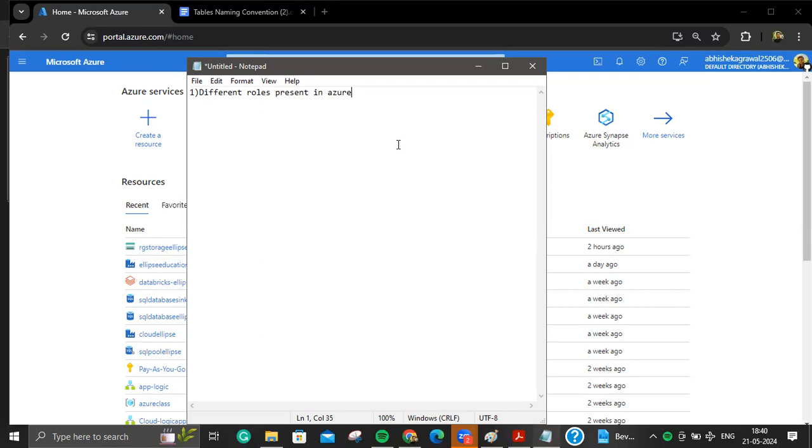so that you know what your responsibility is in the day-to-day job, what an Azure data engineer does day to day. And you should also know what you will not do. Sometimes when I started learning about Azure data engineering, I thought that admin stuff is also handled by the data engineer. So we should also understand what you will not learn. So, different roles in Azure, and then we'll understand what cloud and cloud computing are in general. And then we will understand how to make your Azure account.